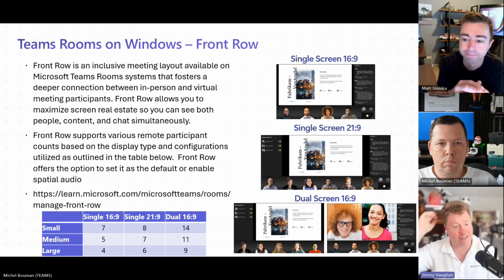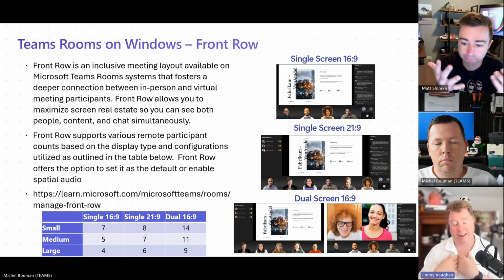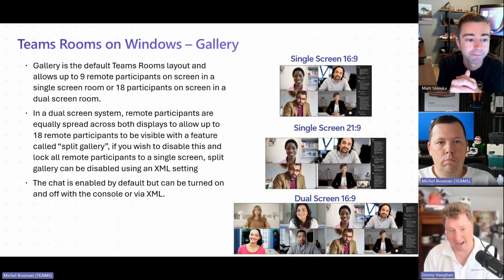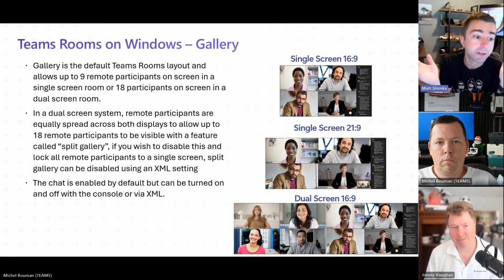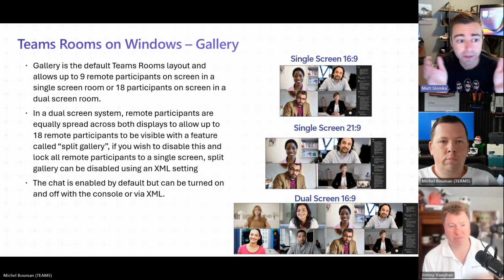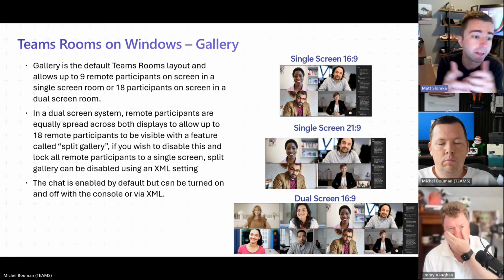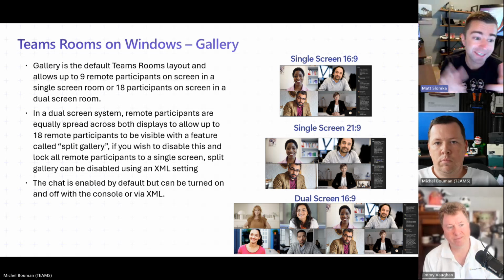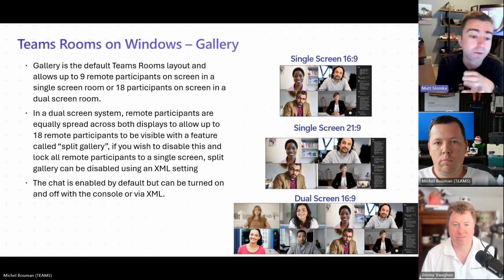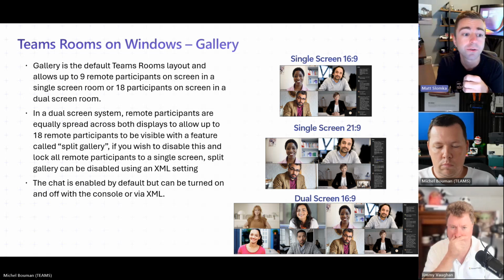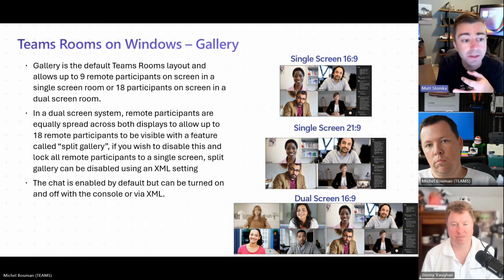So if we go to the next layout, we'll actually talk a little bit more. And the next layout is the default layout that comes on Teams Rooms on Windows, Matt. Exactly. Yeah. So gallery is the default layout on every Teams Rooms on Windows device. It's been there from the Link days, Skype for Business days, Teams Rooms days. We, by default, show 9 participants on a single screen room and up to 18 participants on a dual screen